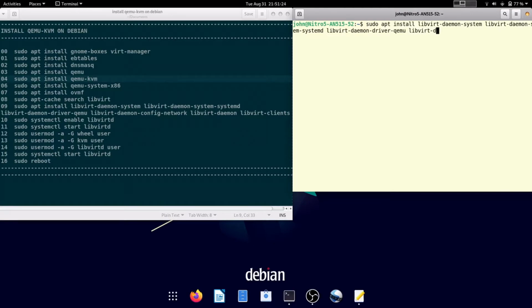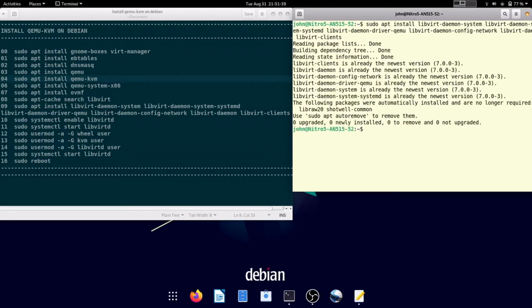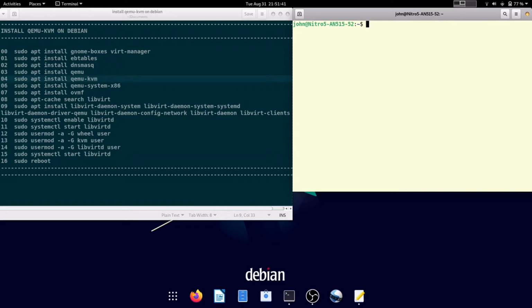And libvirt daemon config network, the basic libvirt daemon and libvirt clients. Everything is installed. Now systemctl